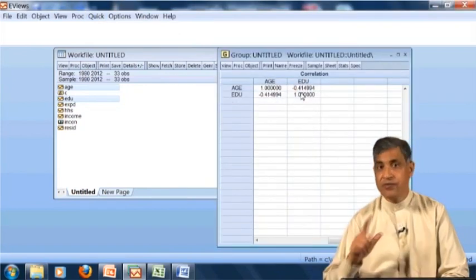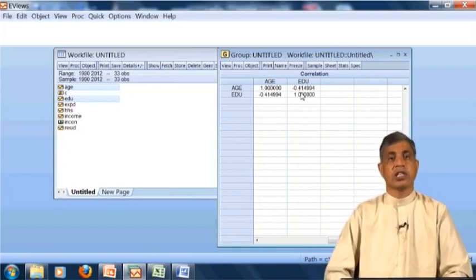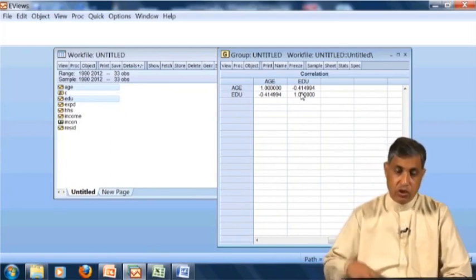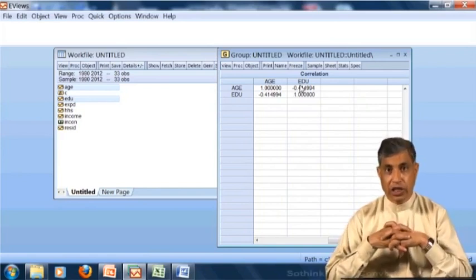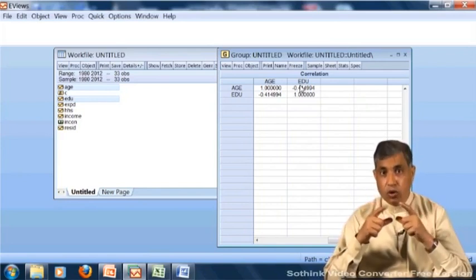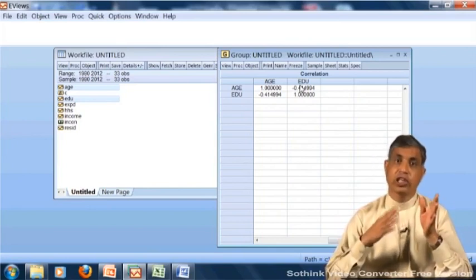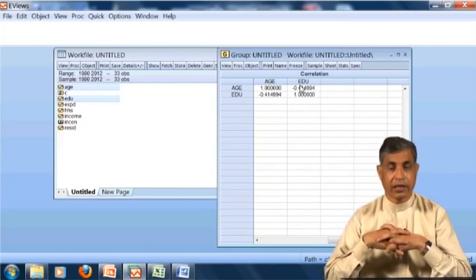Look at this, the same values, not a minor change in the value of the correlation. So if you look here, the first property of the correlation is proved, that it is symmetrical in nature. What does this mean? The correlation of x and y is equal to the correlation of y and x.